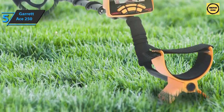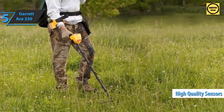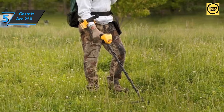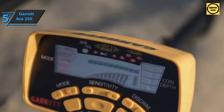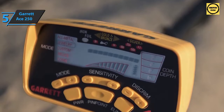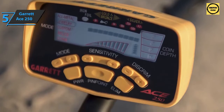Made of robust and resistant materials, equipped with high-quality sensors and unmistakable precision, the 250 is the basic tool you should have in your arsenal if you want to look for precious metals anywhere. The Garrett Ace 250 is a metal detector with the unrivaled ability to find gold, costume jewelry, relics, and any kind of precious items and valuable jewelry. In terms of design and robustness, the device is manufactured to withstand bad weather and harsh outdoor conditions during long